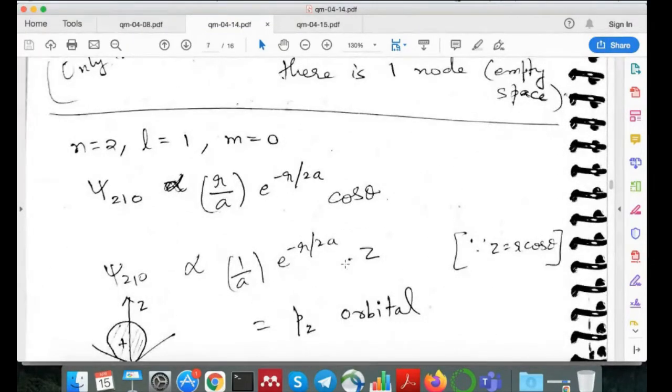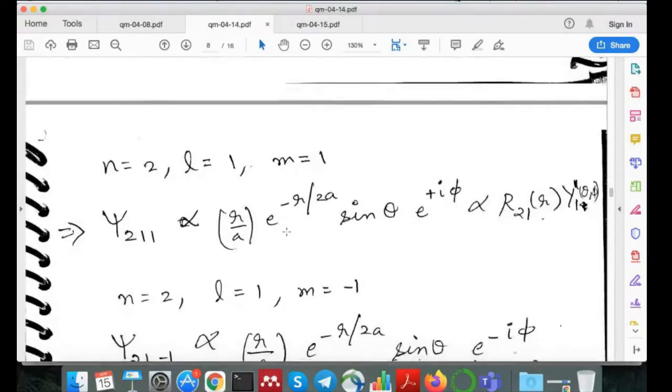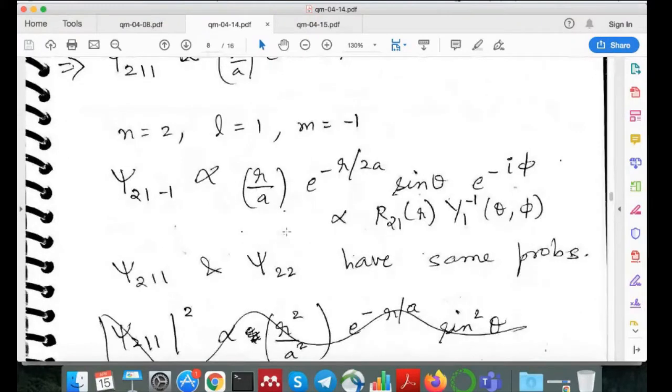And then we also looked at the angular part of the wave function for the hydrogen atom. So using the angular part of the wave function, we were able to discern what is the shape of the px, py, pz orbitals, and also what is the shape of all the five d orbitals, right? And that is very important, because just by doing a linear combination of the angular part of the wave function, we were able to get all of these, the three p orbitals and the five d orbitals.